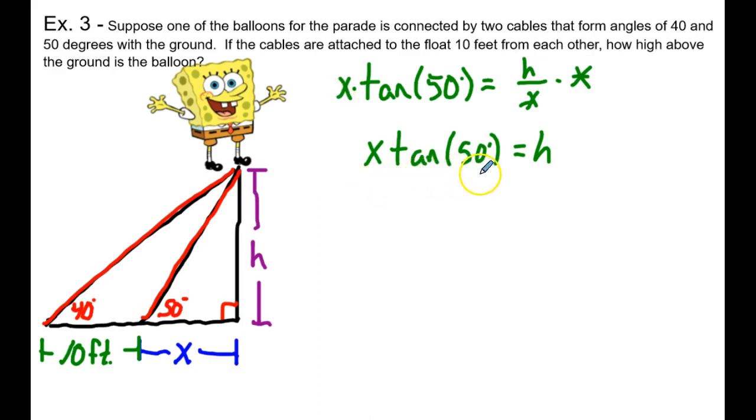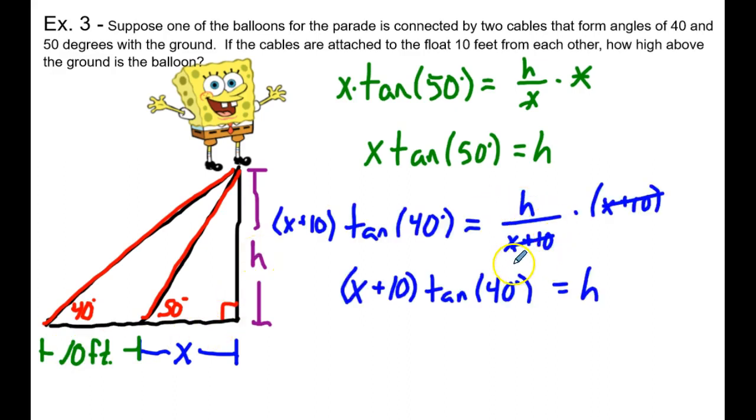So x times the tangent of 50 degrees equals h. Now we're going to set up another equation incorporating the 40-degree right triangle and solve to isolate h by itself. And if we do that, we get the quantity x plus 10 times the tangent of 40 degrees is equal to h. So since we have two equations that are both equal to h, we can use the substitution property